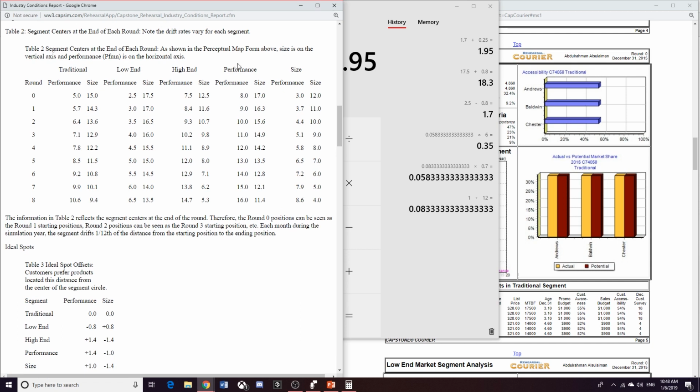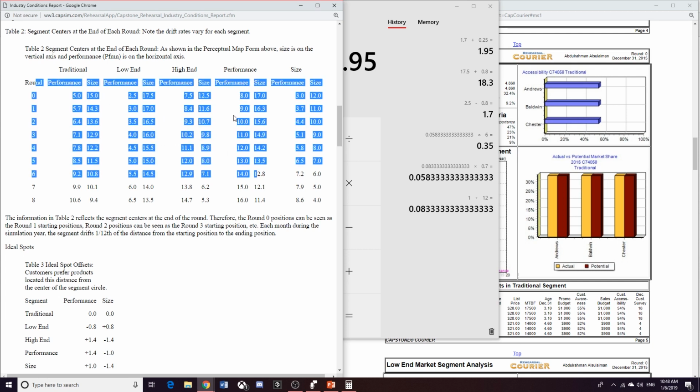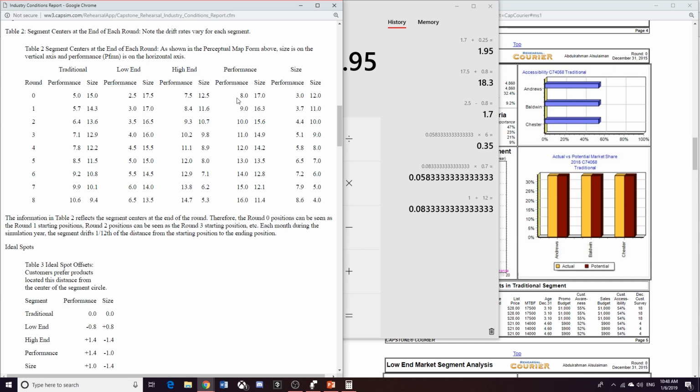What does that mean? So we go and we look at the performance segment. So this is the performance segment, and the performance in the beginning of round 1 is 8, and size in the beginning of round 1 is 17. A reminder again, this table tells you the numbers for the segment centers, right? The center of the segment. And customers don't necessarily want the center of the segment, they want the ideal spot. So that's what we're calculating right now. So performance is 8 and size is 17 for the performance segment, right? So this is the center, and